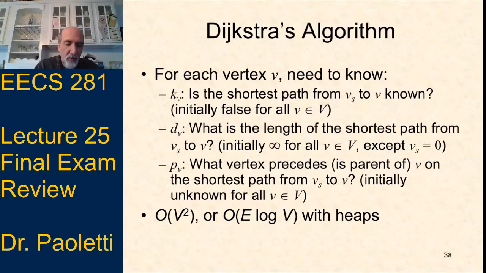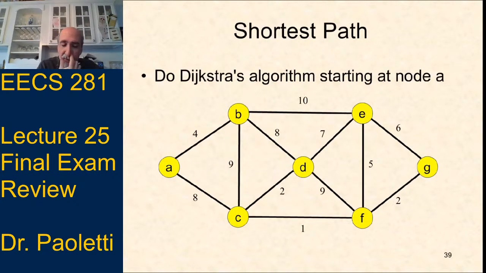And then this is mostly review, shortest paths. So do Dijkstra's on this one. So if we start at A, it has a distance of 0. And then what can we pick? Well, if we've got to go from A to somewhere, the only ones we can reach are B or C. We'd pick B. So now B has a distance of 4. Then what can I reach? C at 8, C at 13, E at 14, D at 12. Looks like C at a distance of 8.